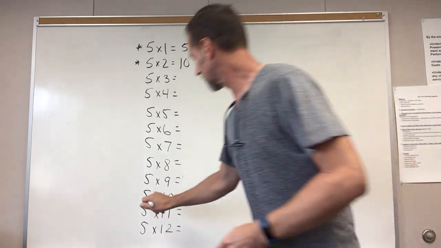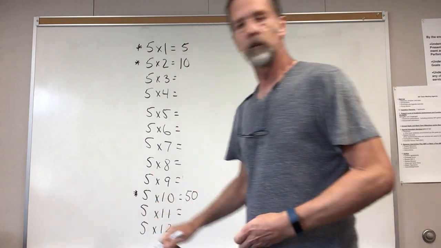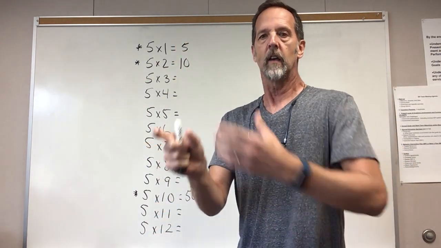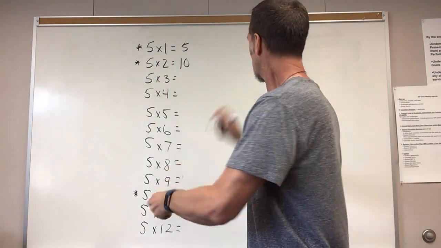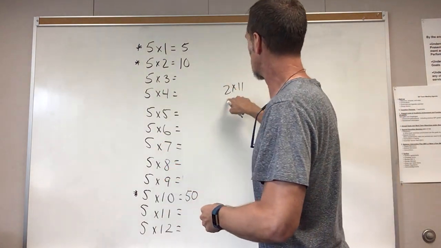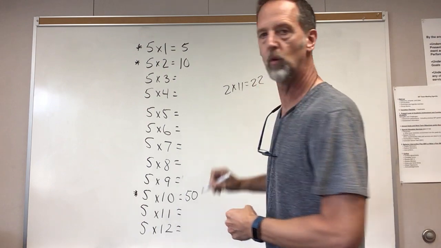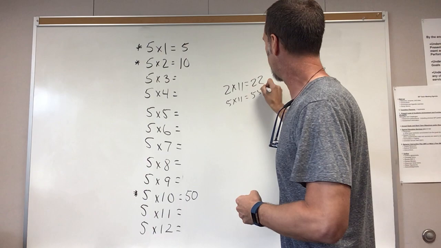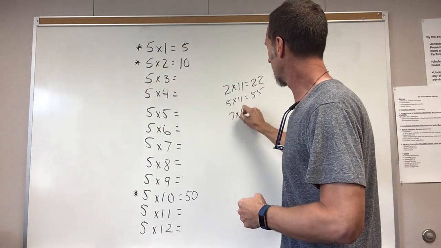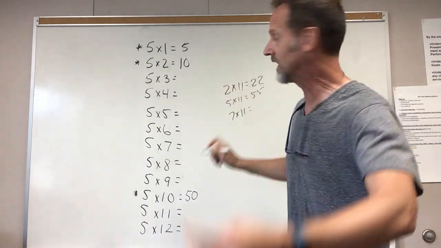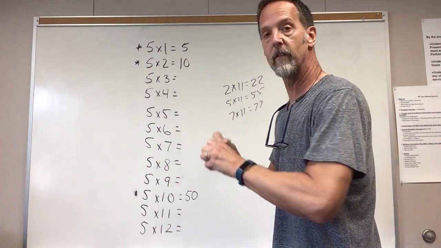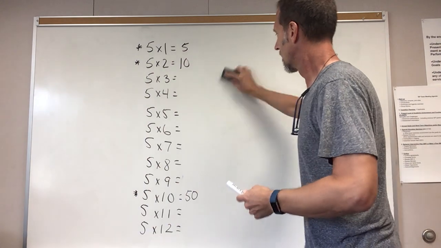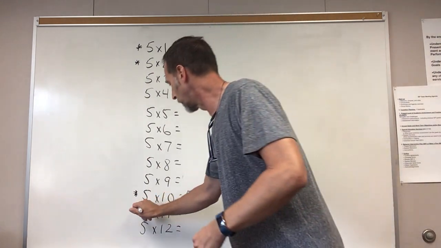Did you know that times 11 is an easy one to do? Your times 11s are going to give you the number you multiply twice. For example, 2 times 11 was 2 twice, it was 22. 5 times 11 will be 55. 7 times 11 would be, do you know? 77, right? And that works for every number all the way through the 9s, okay? So 5 times 11 will be